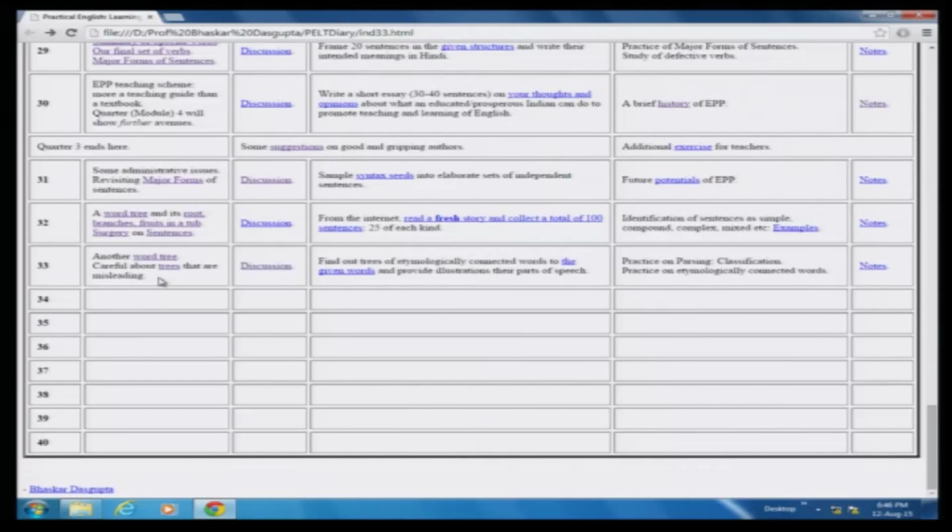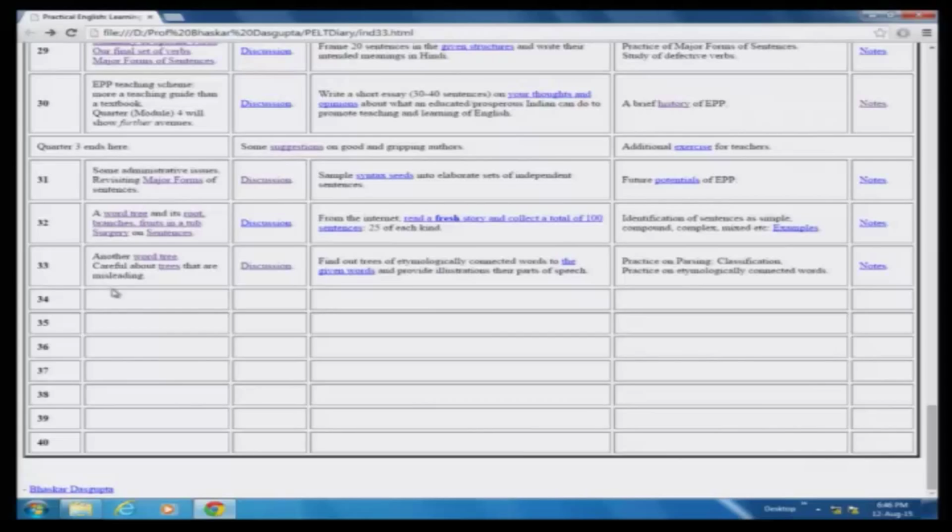Okay? So, this is why I am telling you to be careful about trees that are misleading. Sometimes neighboring trees mislead you as if they are etymologically connected, but etymologically they are not connected. Rhyming words are not necessarily etymologically connected. Okay? Fine. So, this is one thing that we wanted to do today, and certainly before asking you to get trees which are etymologically connected, because we do not want you to fall in that trap and produce a large number of words which do not belong to the right tree, but to a neighboring misleading tree. Okay? So, be careful about that.